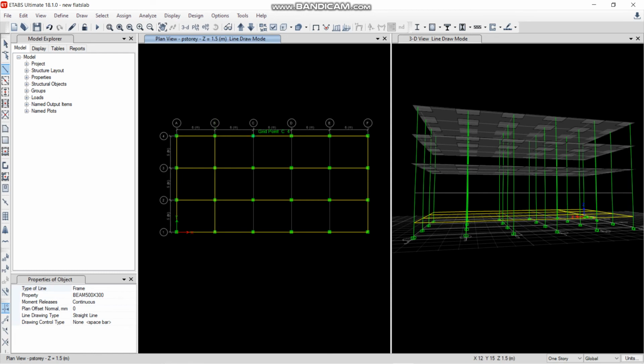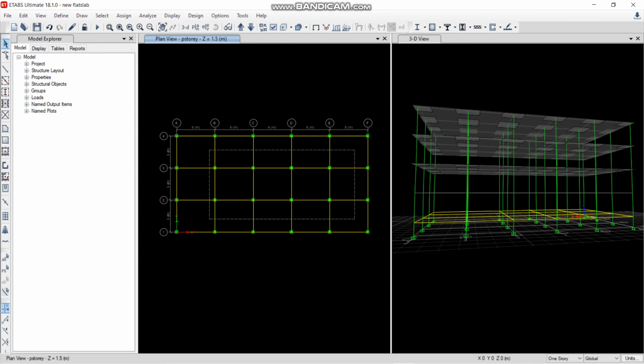Then what I have to do is select all these beams and the columns, and I have to break them at the point of selection, at the intersection of the beams or adjoints. So I have to select